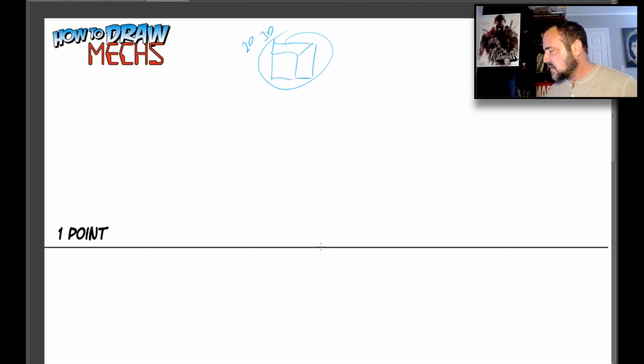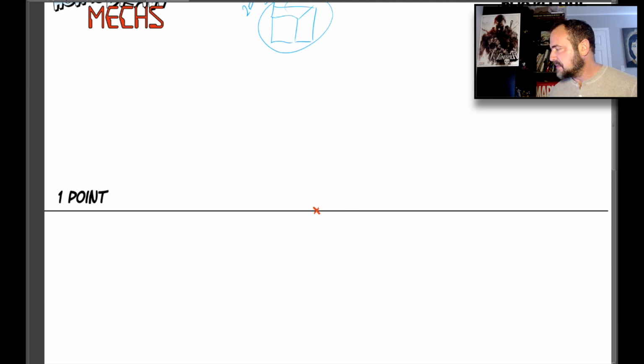And what does that mean? Well, it means a couple things. On this horizon line, something off in the distance, there is one vanishing point that things will go to. When do we use this? We use this when an object's flat surface is flush to us and its parallel surfaces are running towards this line. The easiest way for me to explain it would be, let's say I draw